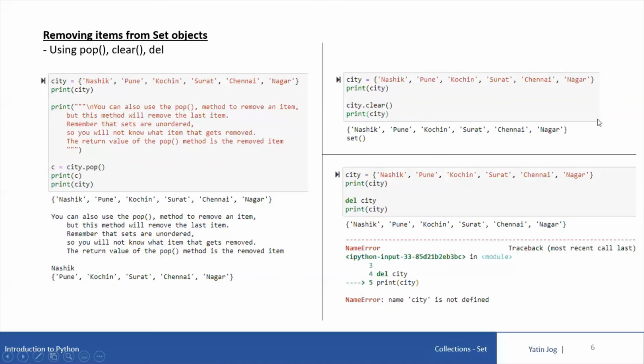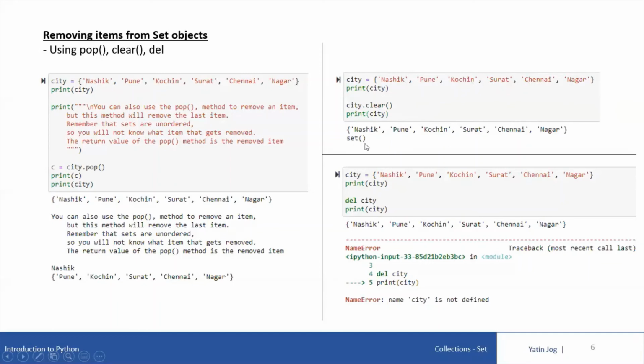Now we'll look at second code, how to use clear method. As the name suggests, clear will remove all the elements of the existing set. So I'm declaring a set with 6 city names. If I say print city, it will print all 6 names on the screen. If I say city.clear, it will clear all 6 names, and then if I say print city, it will display a blank set. It is a blank set with no elements.